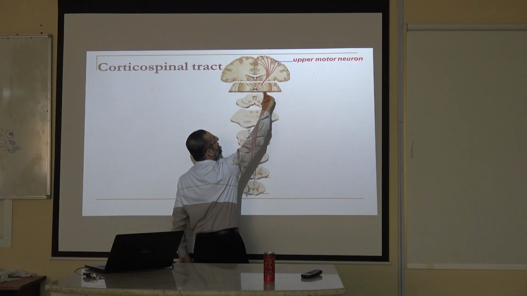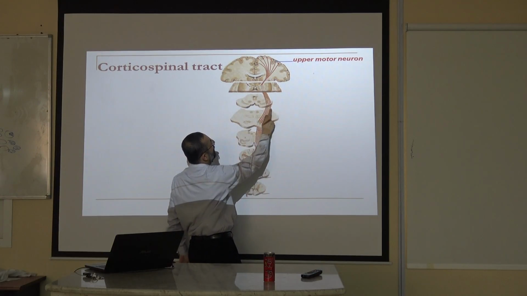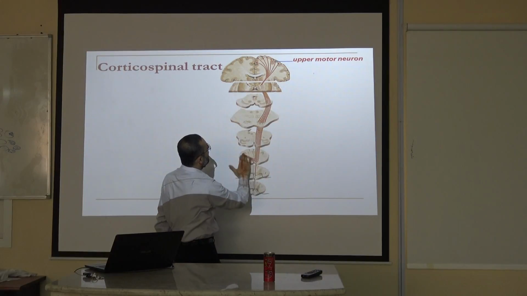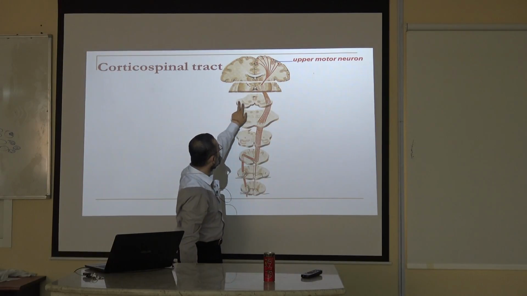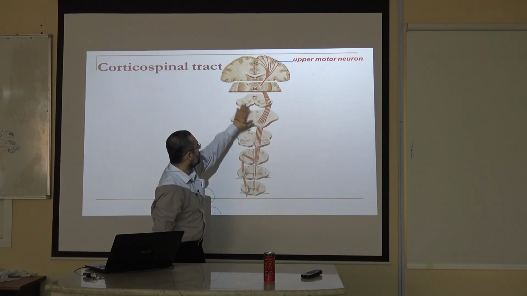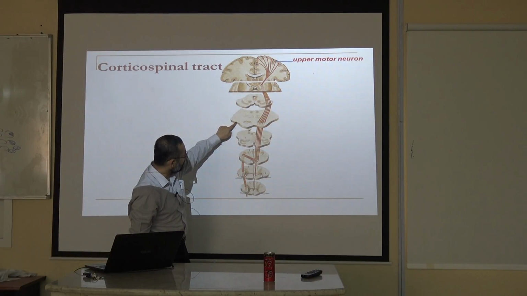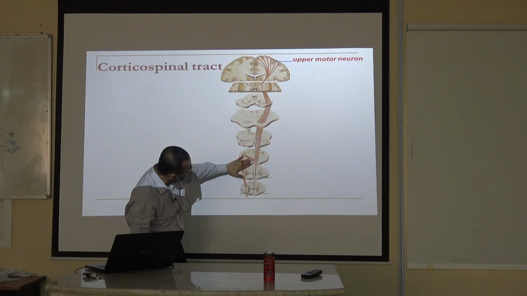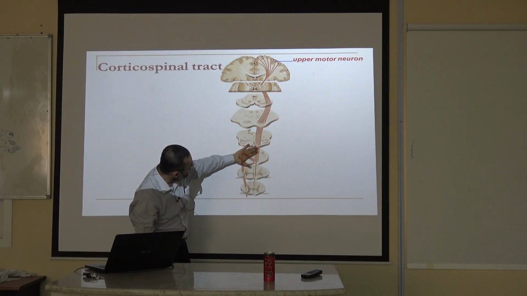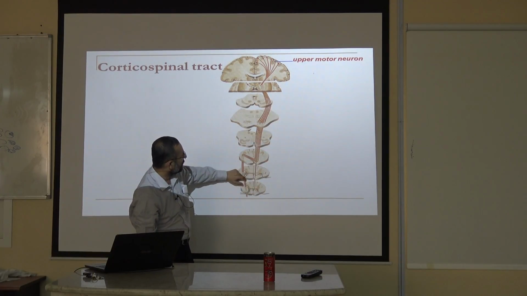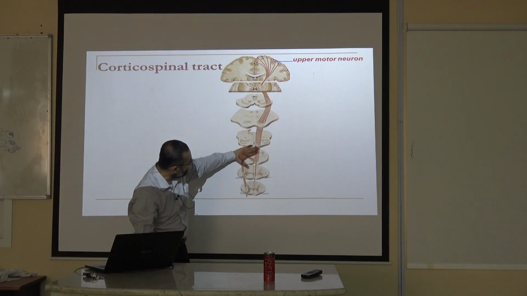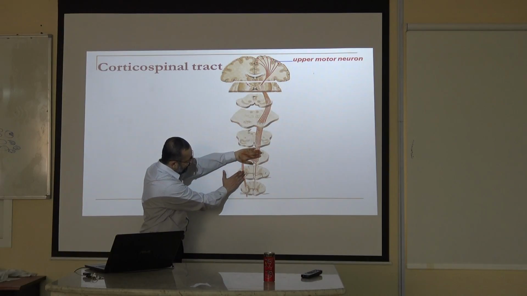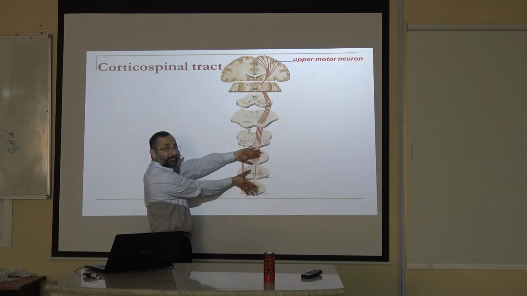Specific region of the white matter, and then it passes down, and these are the cut sections of different levels. It is passing through the midbrain, it is passing through the pons, and then it is now passing through the medulla portion. This is all medulla. These levels are the medullary levels, and after that it is passing into the spinal cord. So, spinal cord level,